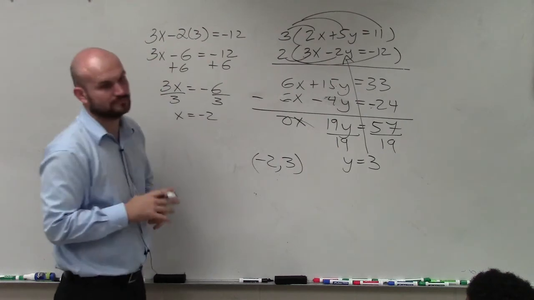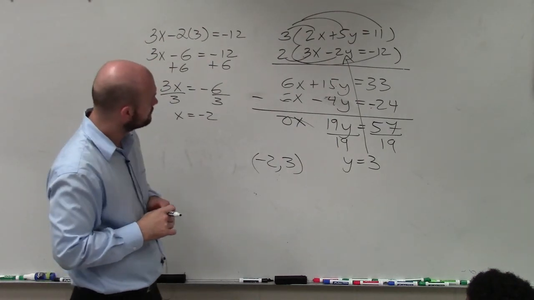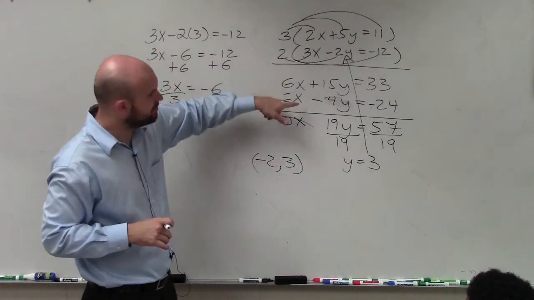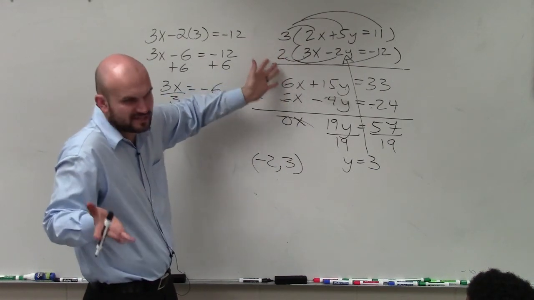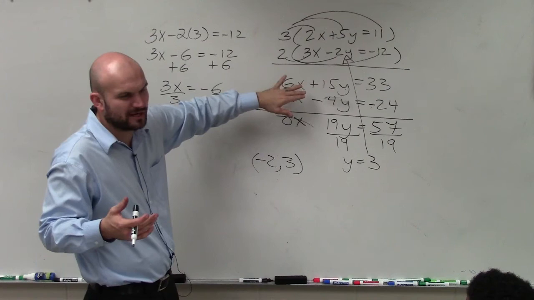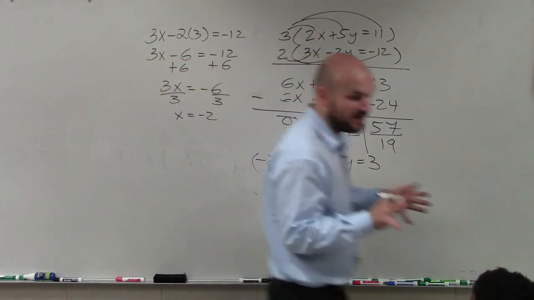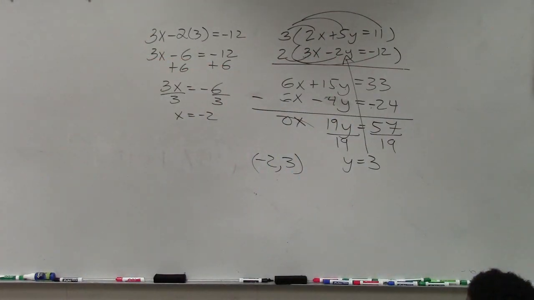Question. Yes? Why didn't you do it with the distributive property with the 2 included? You could have done it. You could have plugged it into either one of these. You don't have to, though. It doesn't matter. These are just higher numbers, so I wouldn't want to do it. OK? So that's one way to do it. I want to tell you guys, though, there's two